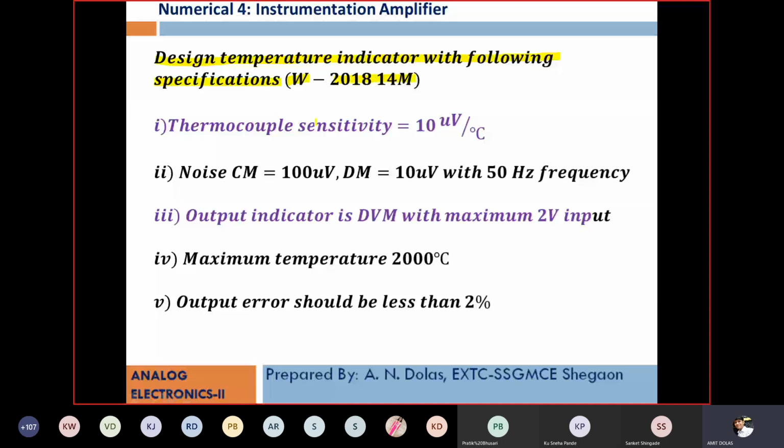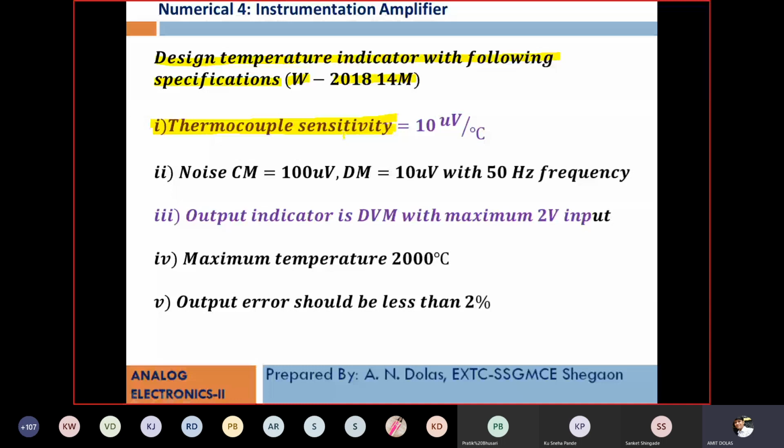There is a thermocouple now. Thermocouple, as I said, is a passive transducer. If you put the thermocouple tip into boiling water, or subject it to any temperature, then it will provide you voltage in millivolt at the output terminal. There are only two terminals to the thermocouple. So as it is directly giving you a voltage with respect to temperature, there is no need of a bridge here. You have to remember this.